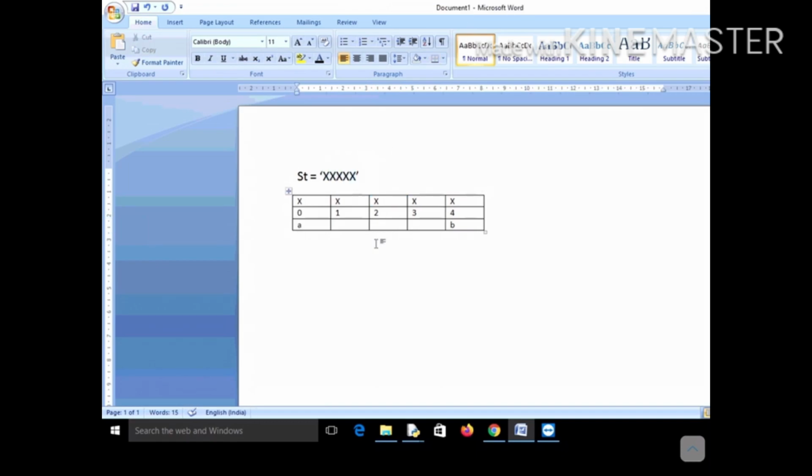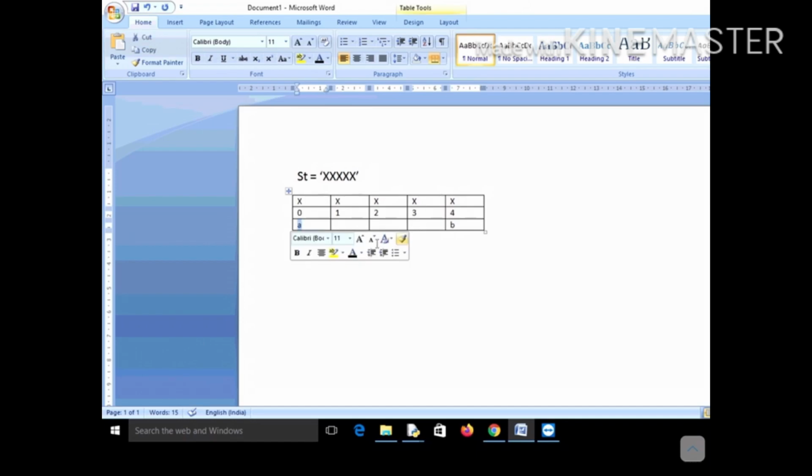Now you know that it is a palindrome, because whether you read it from the front or from the end, the outcome will be the same. Now how will you check if this string is a palindrome using a recursive program? I have made it in blocks. All the characters I have written in boxes, and then I have written their index positions. The index position of the first x is 0, then 1, then 2, then 3, then 4. So this string has a length of 5 and its indexes range from 0 to 4.